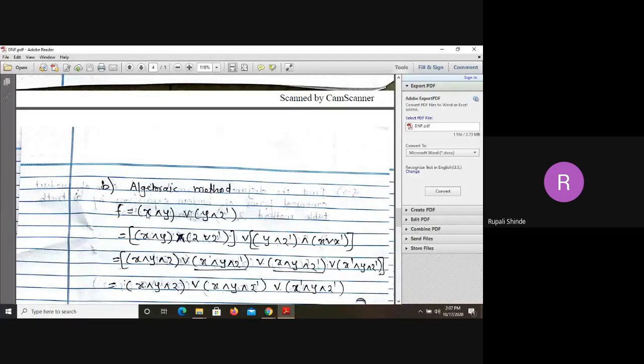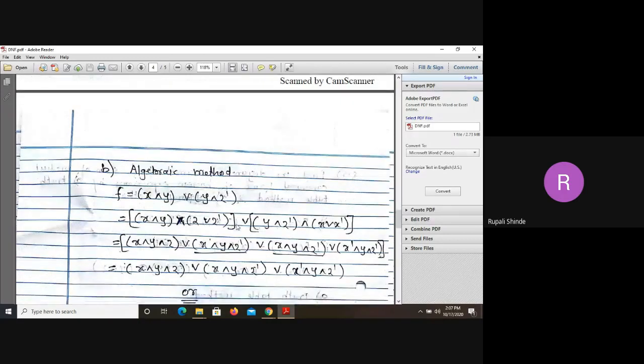Okay. So x and y, or y and z complement. So this is the given function. Now we have to apply this to obtain the form in sum of product form. Okay. So consider, sum is here, OR means what? Sum, and this AND means what? Product. Okay. So the given expression is in sum of product form.